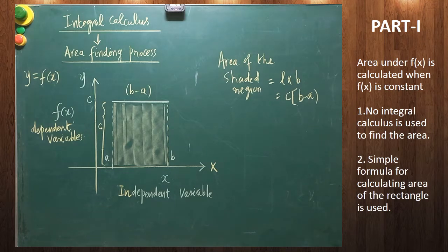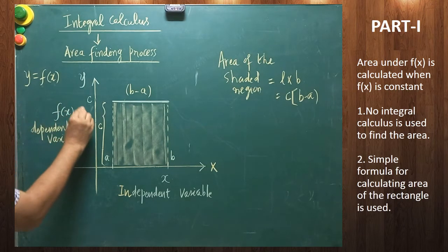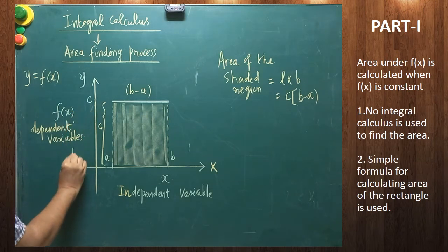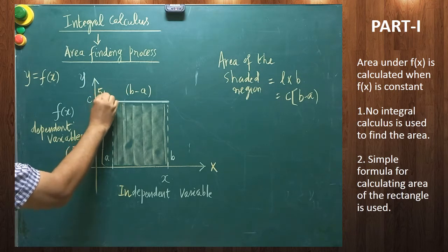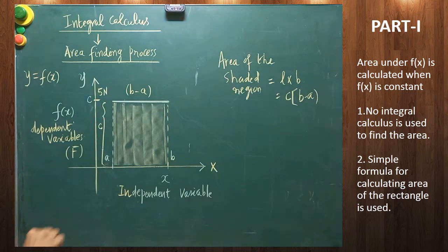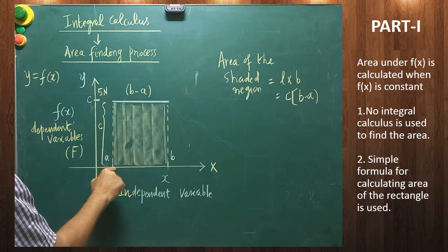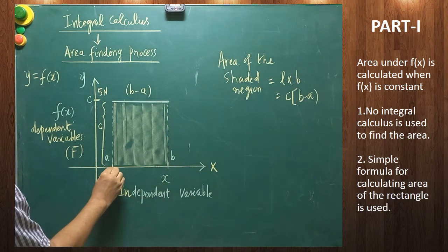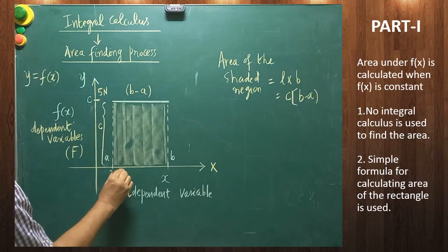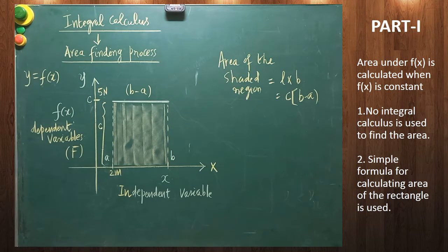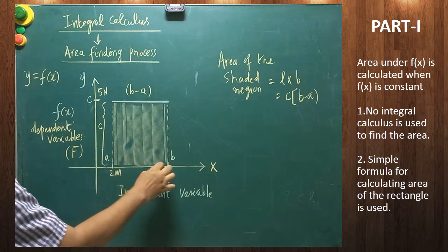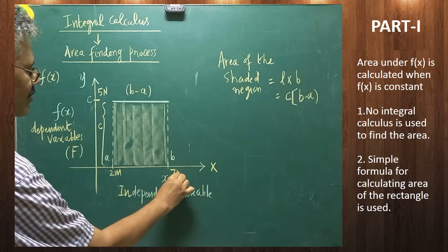I have told this just theoretically. Now where is it applied, that is the next question. Let us imagine I am taking force as the quantity, and force is taken along the y-axis. Let us assign some value. 5 Newton of force is acting on a moving body when the body is moving from one position to another position. Let us take this as 2 meter. When the body is at 2 meter, how much force is applied? 5 Newton of force is applied. Now the body is displaced from 2 meter to how much? 7 meter. Are you clear?